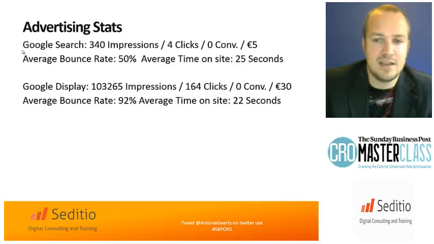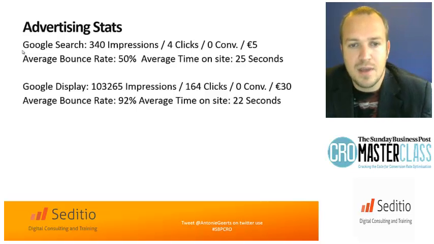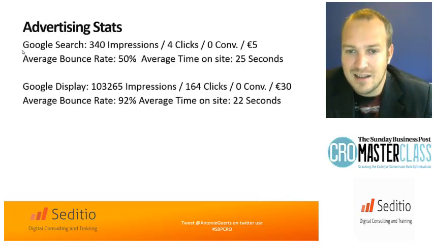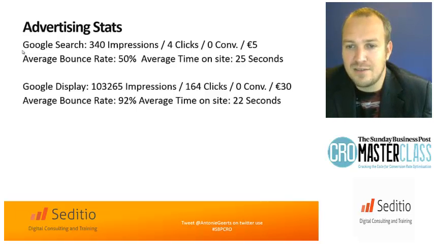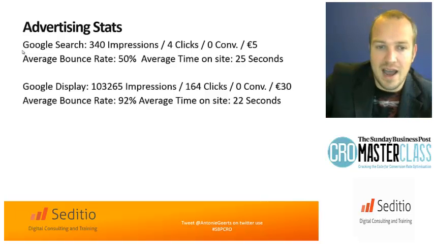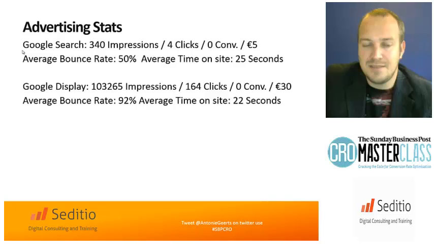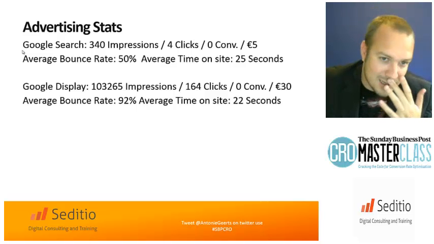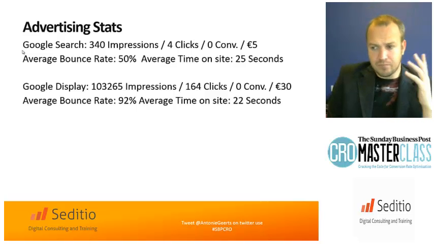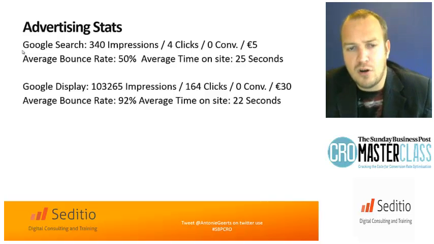So the Google Display one wasn't a very interesting one, because it had over 100,000 impressions, 164 clicks, 0 conversions, with an average bounce rate of 92% and an average time on the site of 22 seconds. This is very interesting, because the reason that the bounce rate is so high, and also the impressions and clicks, is because by default Google AdWords actually selects the display network, or